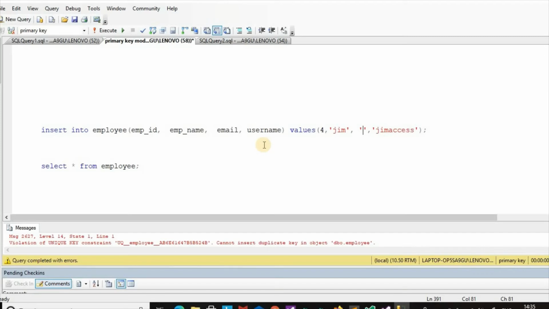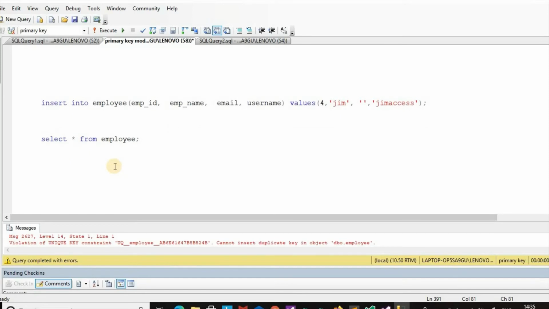So space and null, both are allowed only one time for a column of a table. There may be only one record having a null value or only one record having a space in the case of a unique key.